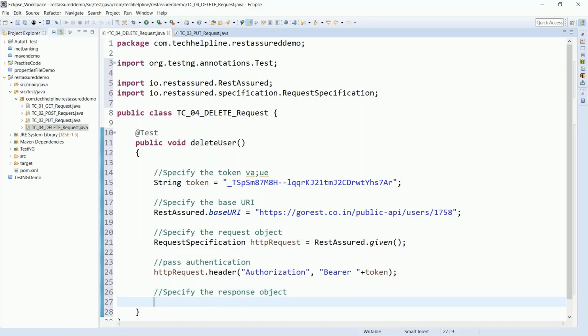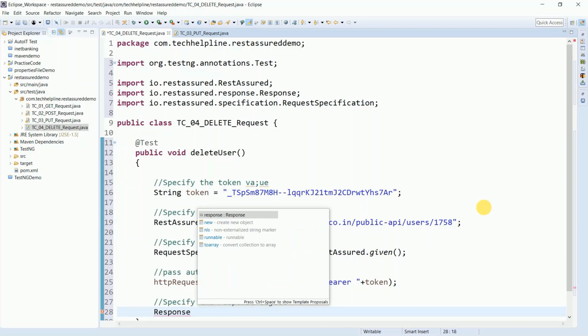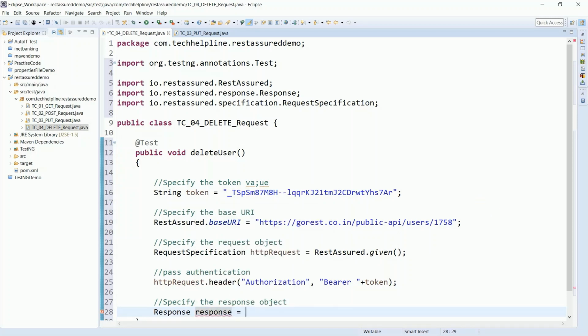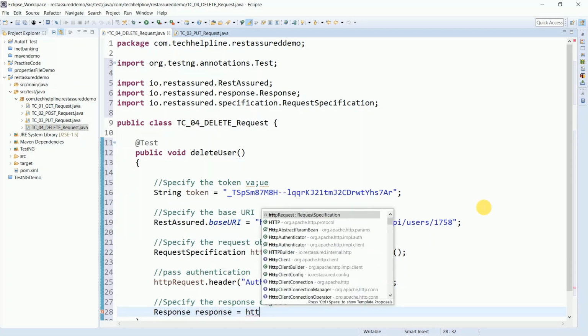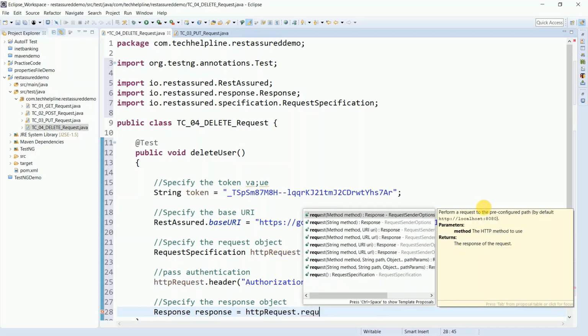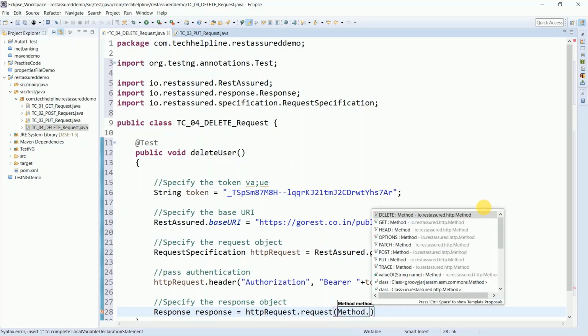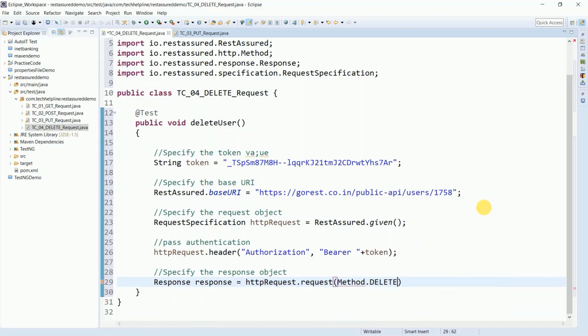For that we create the response object, like Response response equals httpRequest dot request, where we pass the request method. Here we have to pass the request method type, Method dot DELETE, right? We are performing a delete operation, so for that we have to give the delete method type.